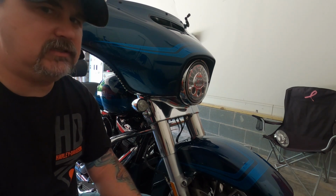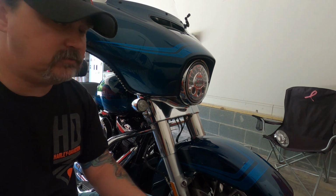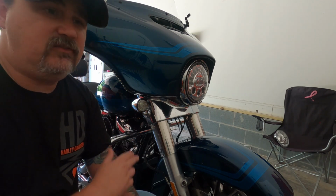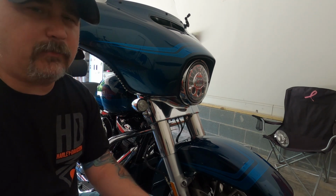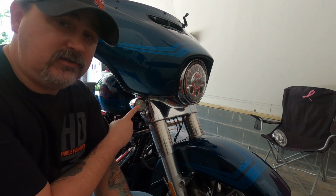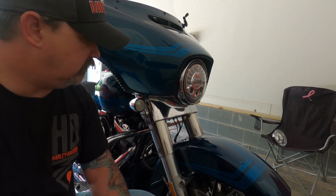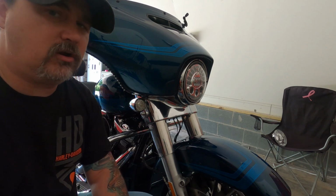You can be seen. There are other options and add-ons with Custom Dynamics when it comes to that. We'll get to those in just a moment. But this is just a safety feature that to me is a no-brainer. Yeah, it's a couple $100, but it's just so well worth it. I went with the smoked lens on the front of my bike. On the rear, I've got the red to match everything. We'll look at that. But I just thought this looked cool, kind of set off some of the dark colors